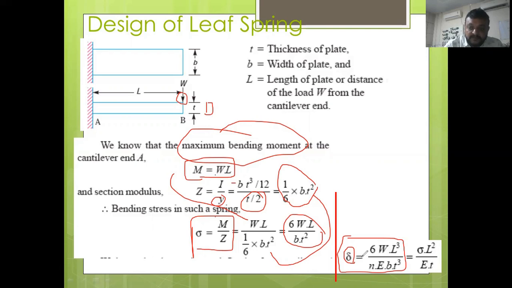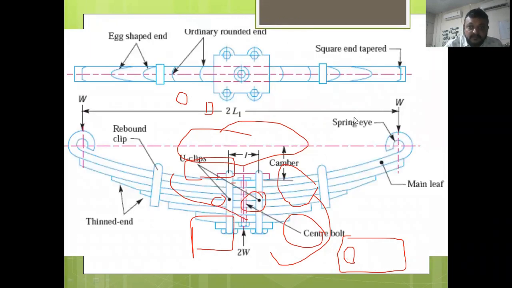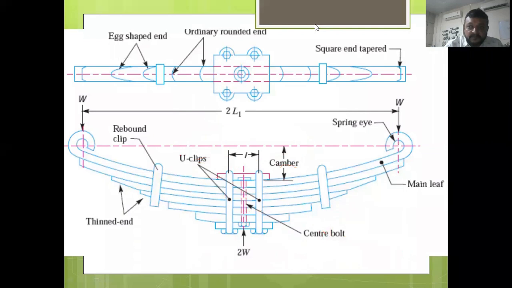You have to see here how we can use this in the design of the spring. It is very simple to use this equation. Just you have to see here the shape or line diagram of the leaf spring, how it is seen. Leaf spring is seen having the master leaf, main leaf is there, or we can consider it as master leaf for which load W is acting